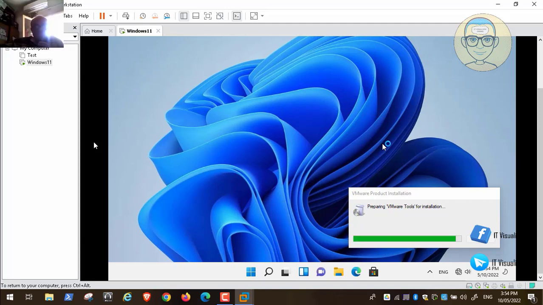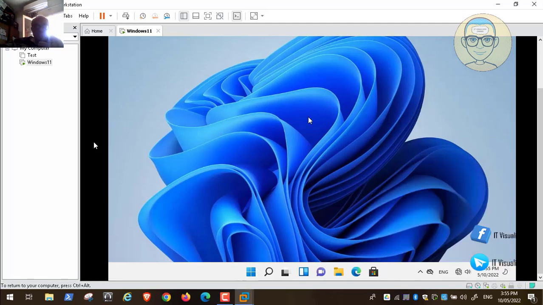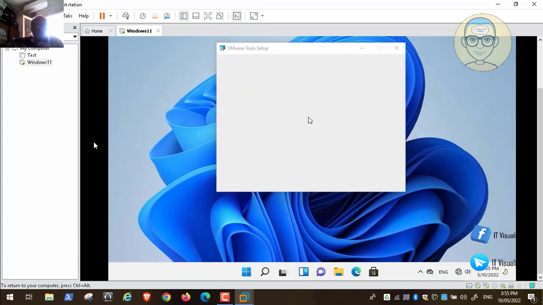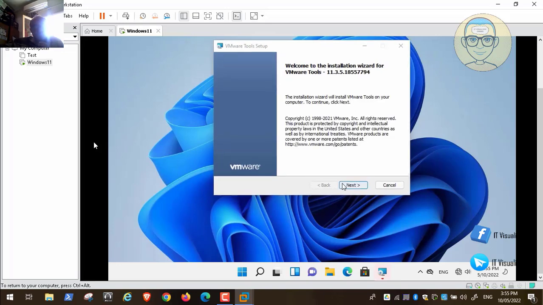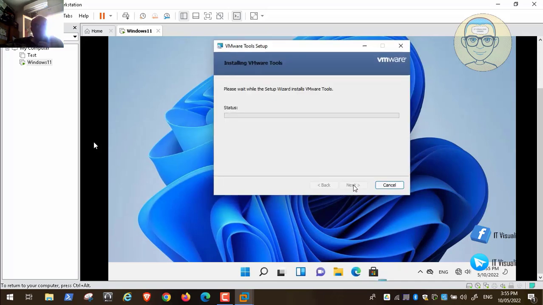and then it will ask us to restart the machine after installing the VMware tools, because it will install some video card drivers, keyboard, mouse, and a lot of things actually, and it will install some things to open share between your laptop and this virtual machine. Anyway, we will wait until the tools are installed, and then we will begin working with this Windows 11 to tweak it, make it easier to use, and get the best performance from it. We'll tell it to install the complete VMware tools, and we will install,